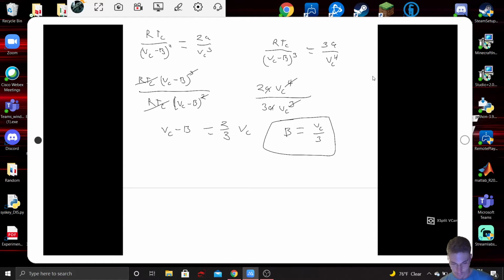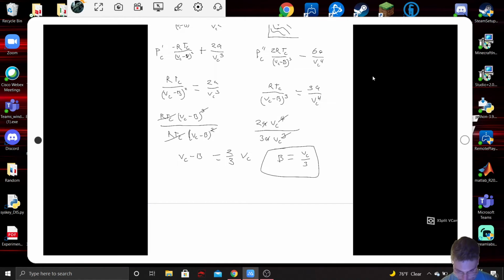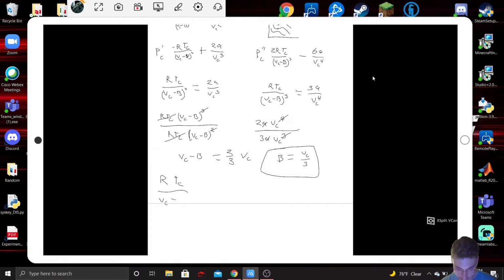So then we can do negative RTC over VC minus VC over 3, and then that squared